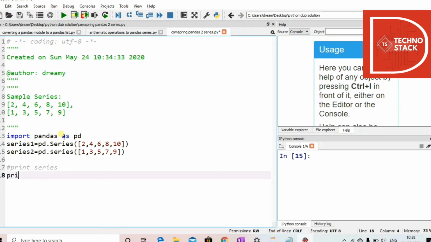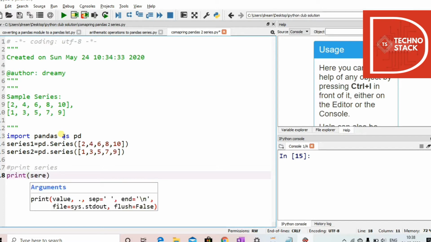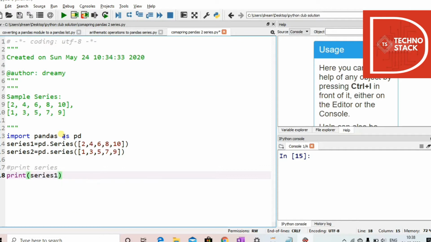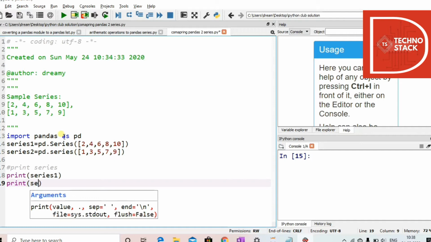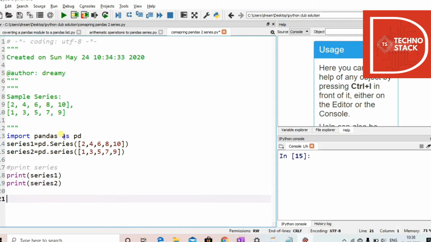So we'll print series1 and print series2. So we have printed the series. Now we'll do the comparison of series. First we'll compare equals.